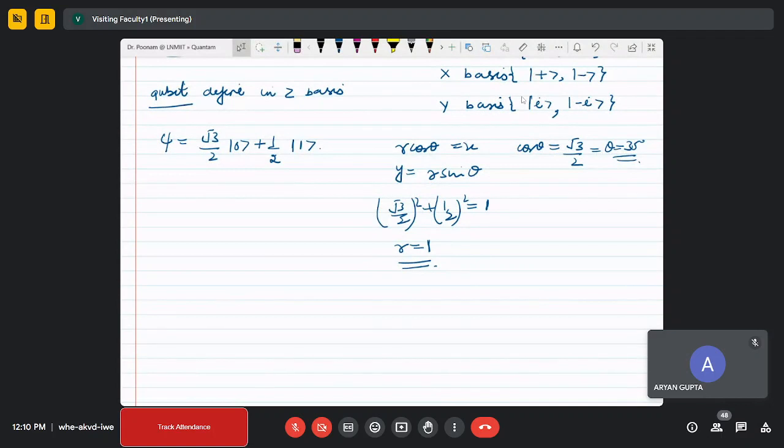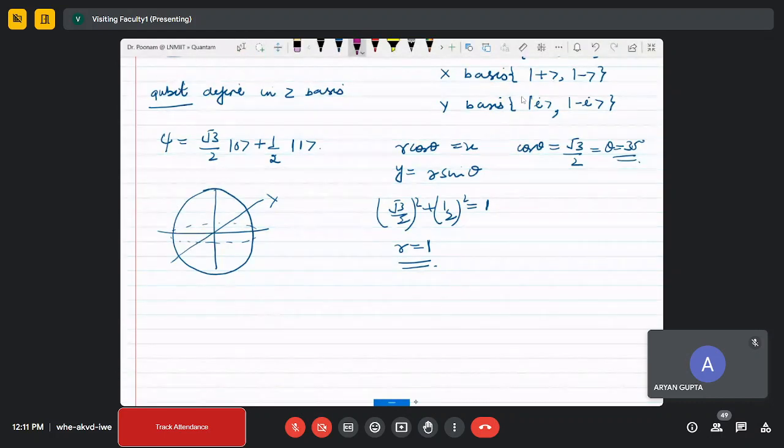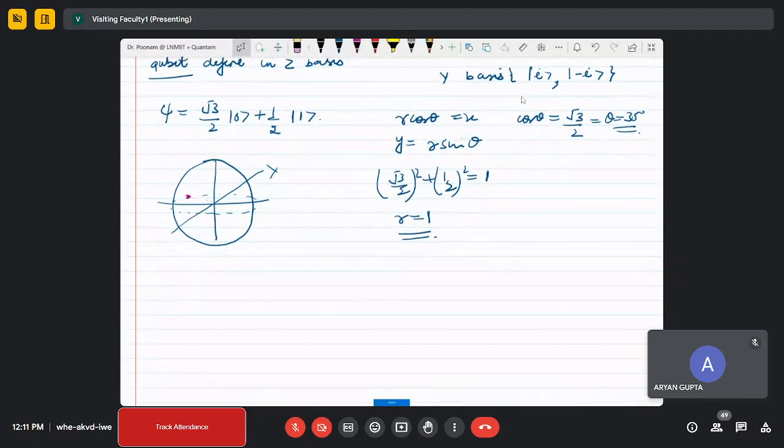So that means if I talk about this, the point is nearer to the x-axis. Or you can say, if I draw this point on the Bloch sphere, this is my x-axis. Now we can think of it like this: simply the point is here, and from the x-axis it is making 30 degrees. In the 3D picture you can understand it is making 30 degrees from the x-axis. Now you have to write this in the form of